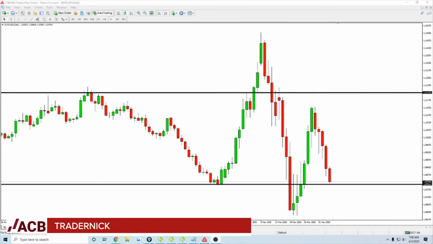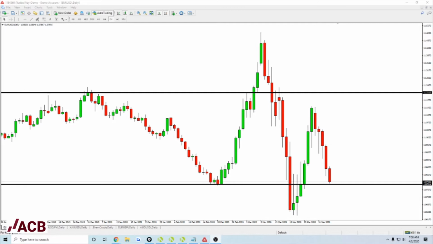We're going to be taking a look here at the currency market to see what's going on in terms of technical analysis right now. Got a lot of moving going on these charts, so let's go ahead and dive right into it. What you can see here is on Euro USD, we recently had this kind of low here right